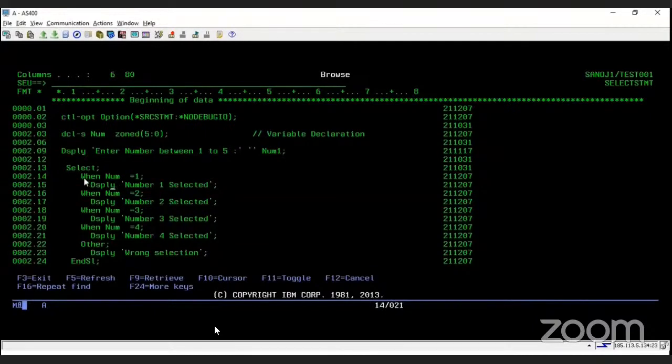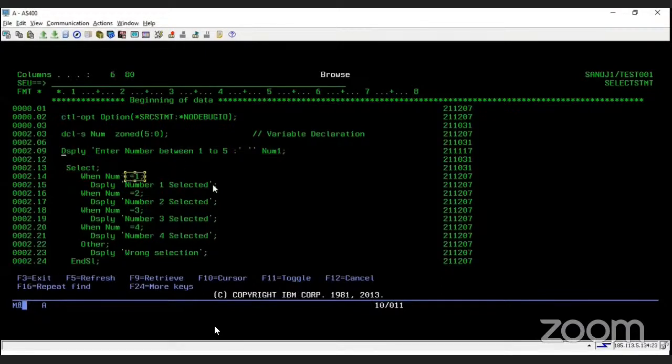That time we use a select statement, or in a normal case we can also use it. So the select statement works like switching on a statement type. Suppose here I declare a variable and take the input from the user, and